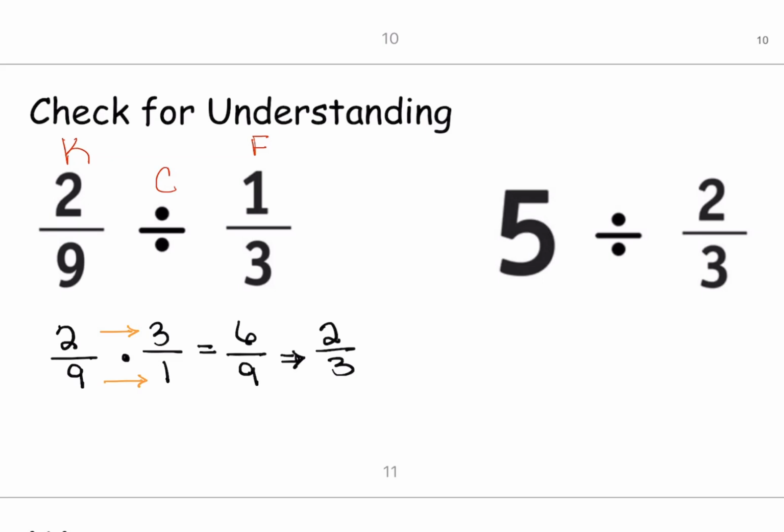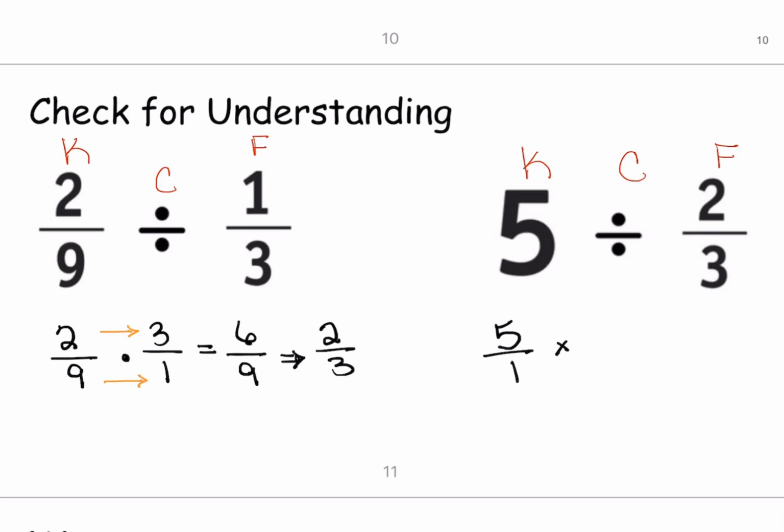Here we have another division problem of fractions, but one of them does not look like a fraction. No worries, we can fix that. So we start with keep, change, flip. Now this first one, we're going to keep it, but we're going to keep it as a fraction. How do we change a whole number to a fraction? We put it over 1. Then we change that division symbol to a multiplication symbol,